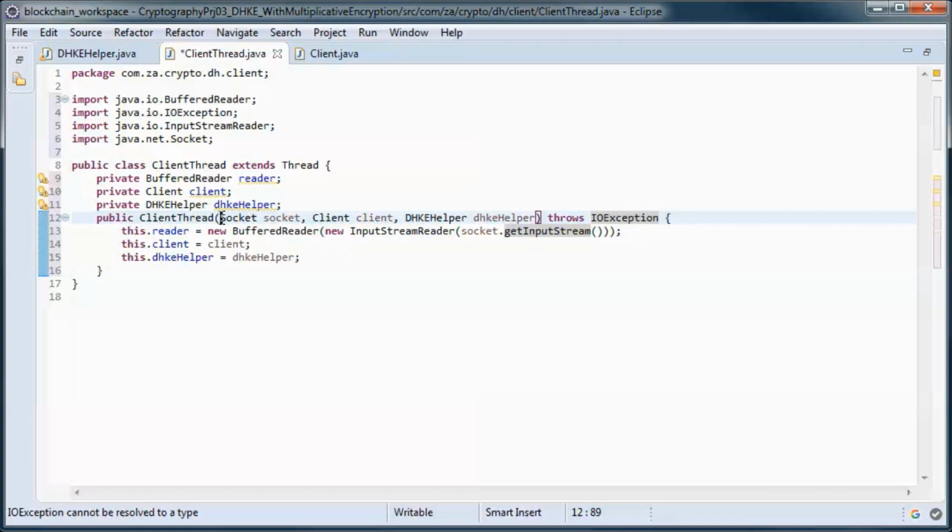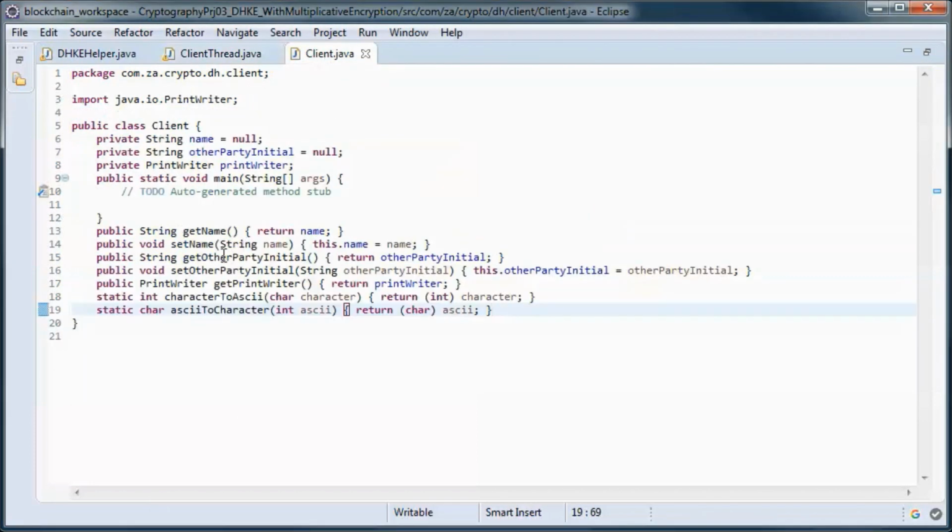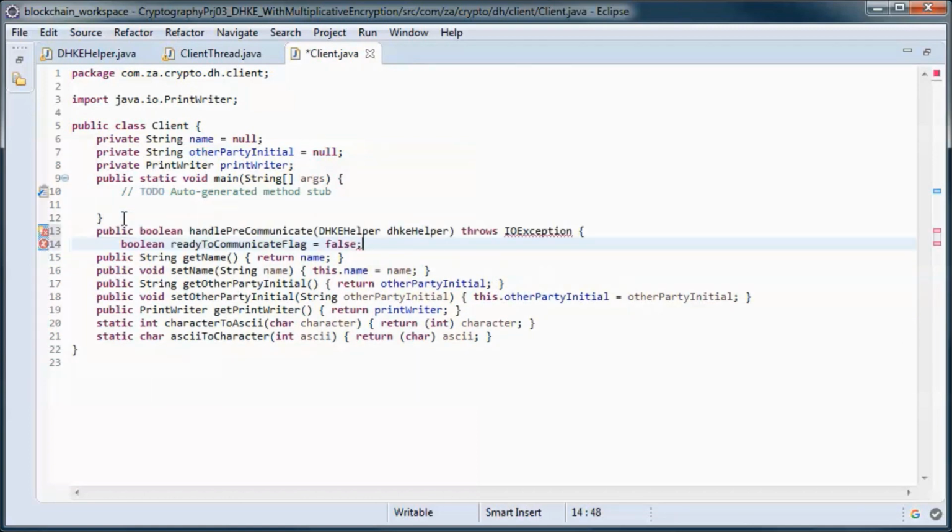Which also takes in a socket. Now the client will have two methods.